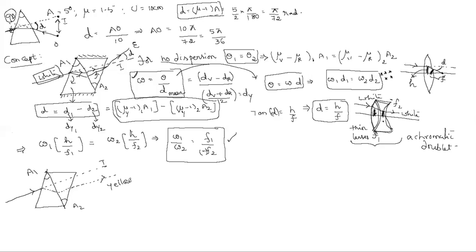Only yellow. Means I am seeing the 7 colors here. Red color is there and that will go like this. And this is violet color. I'm not drawing it here, just showing violet color. And this is also going in another direction. I am seeing all the 7 colors in between these two. Here I am finding red and here, sorry, violet. In between I am seeing this yellow color.